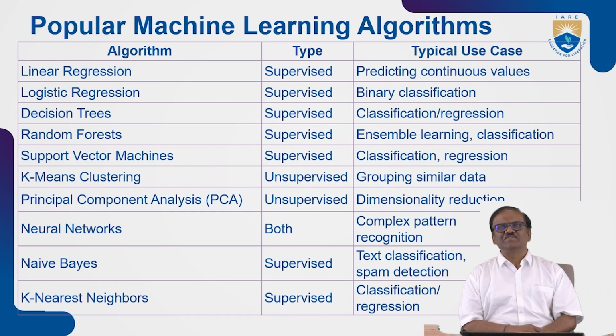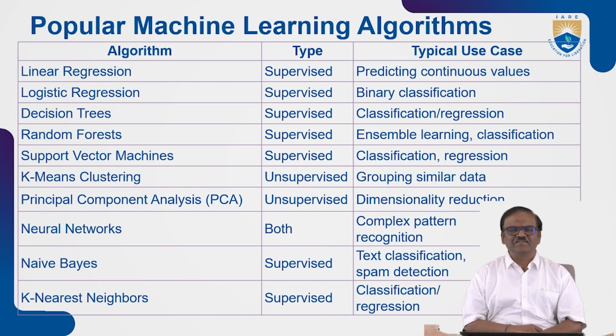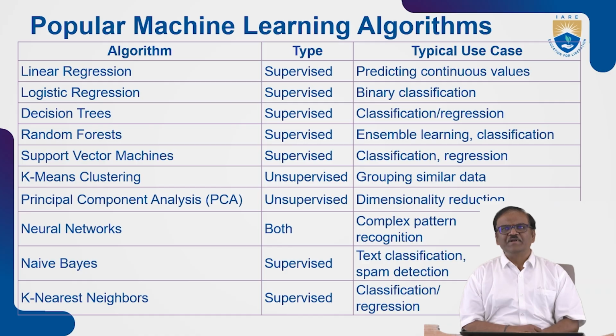Then, what are the popular machine learning algorithms which can be classified as both supervised and unsupervised? The types of algorithms go from linear to k nearest, and the typical uses of these algorithms are: linear regression, a supervised type, predicting continuous values; logistic regression, supervised binary classification; decision